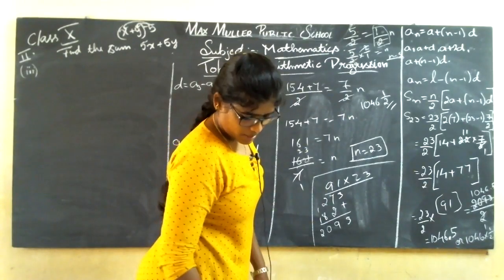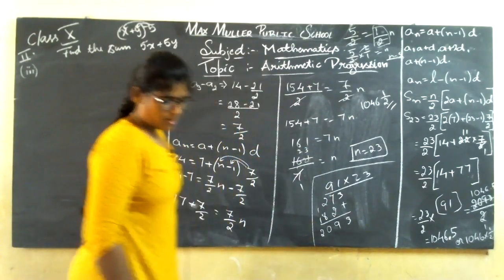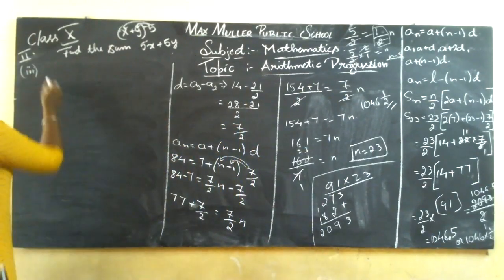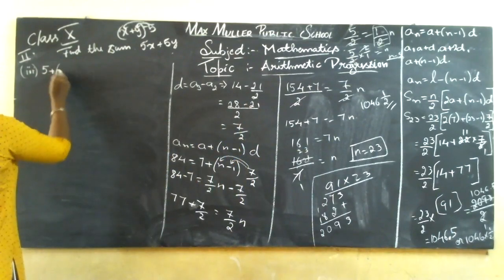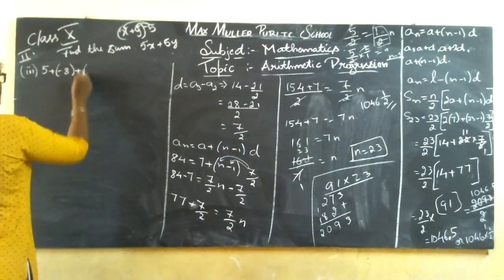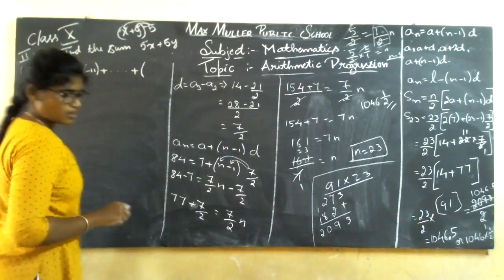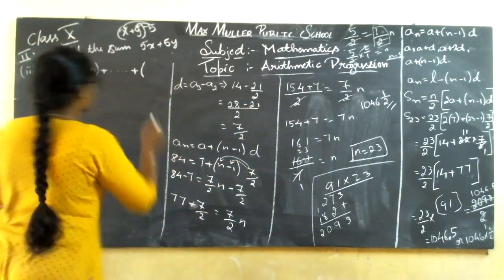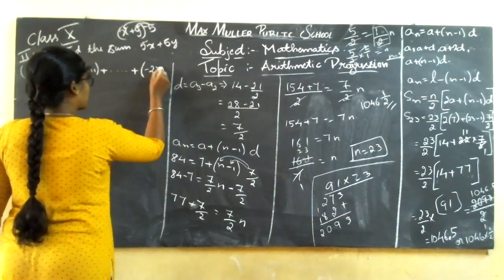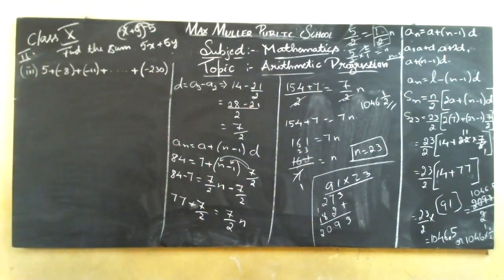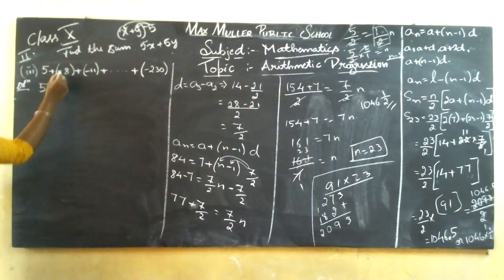It is 5 plus minus 8 plus minus 11 plus minus 5 plus minus 8 plus minus 11 plus, it goes on up to plus minus 230. This is the sequence they have given. Now you are going to solve the problem regarding the sequence. Solution: 5 plus into minuses, minus 8,